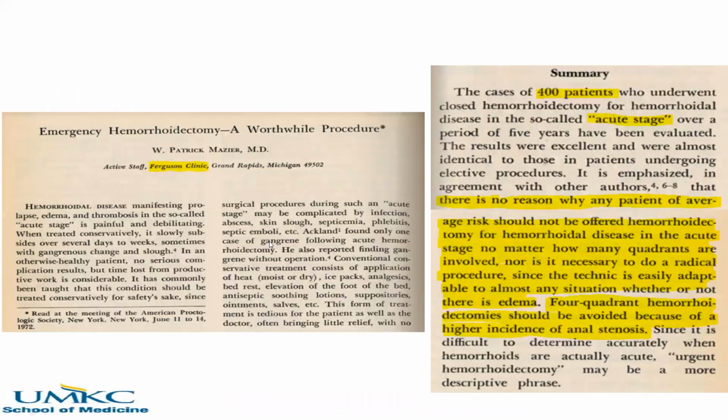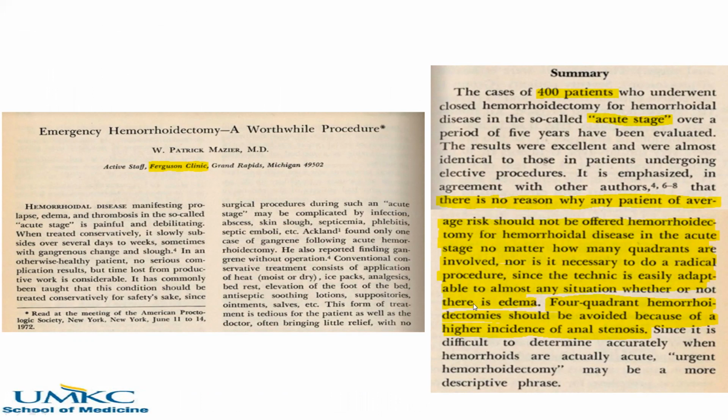Mazier from Ferguson Clinic in 1972 reviewed 400 patients who underwent emergency hemorrhoidectomy over a 5-year period. In their paper, they asserted that there is no reason why any patient of average risk should not be offered hemorrhoidectomy, but that the 4-quadrant hemorrhoidectomies should be avoided because of higher